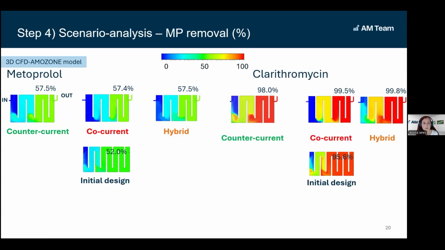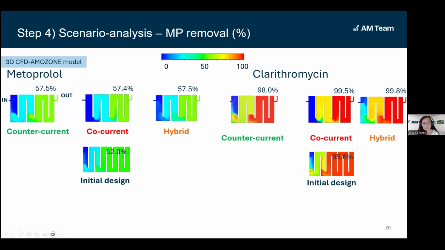Then we also focused on the performance of the reactor in terms of micropollutant removal. Here you see the example of 2 micropollutants, metoprolol and clarithromycin. They are 2 very different micropollutants responding differently to ozonation, so that's why we chose those. But for both of them, you can see that with respect to the initial design, we could detect an increase